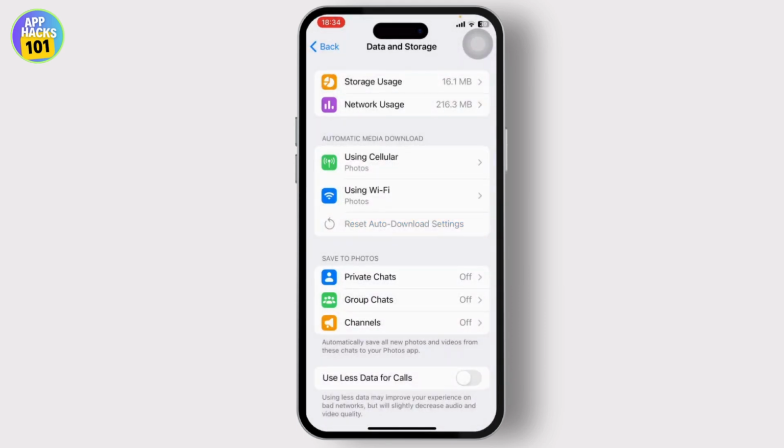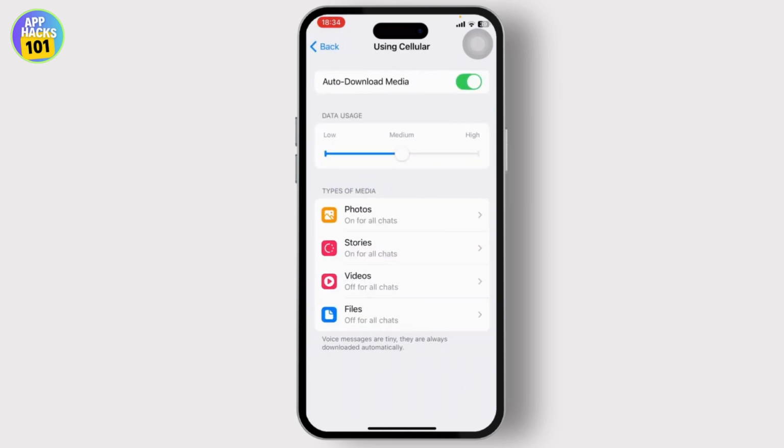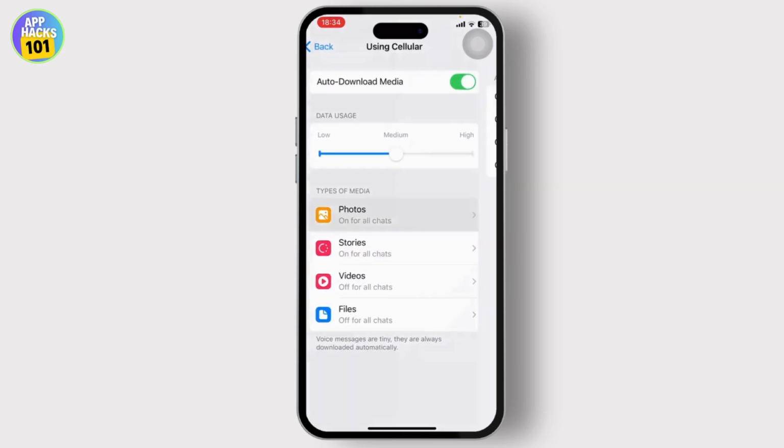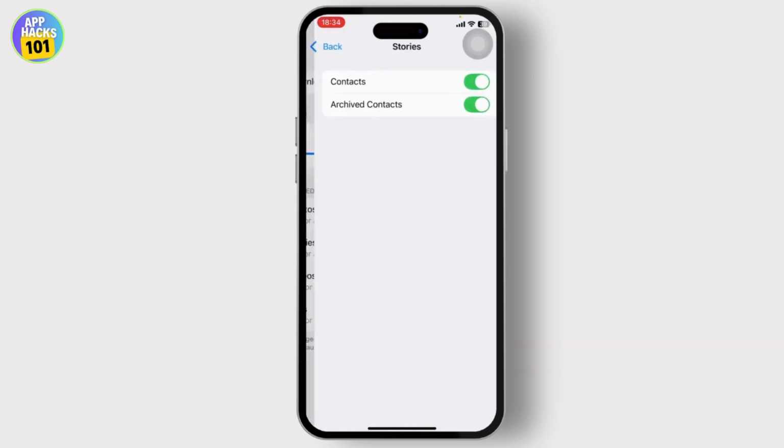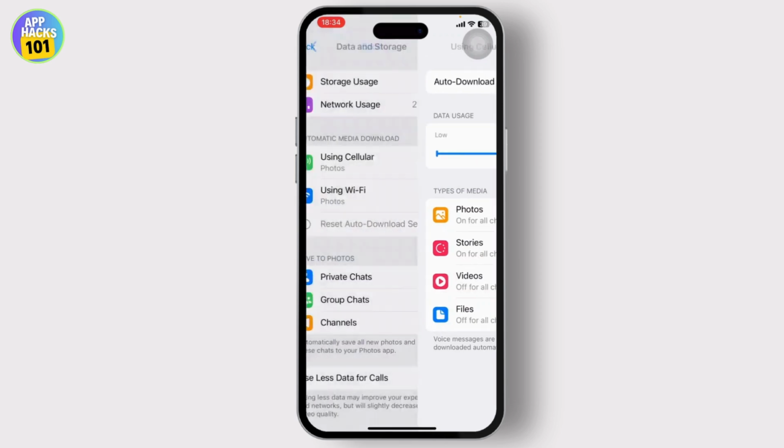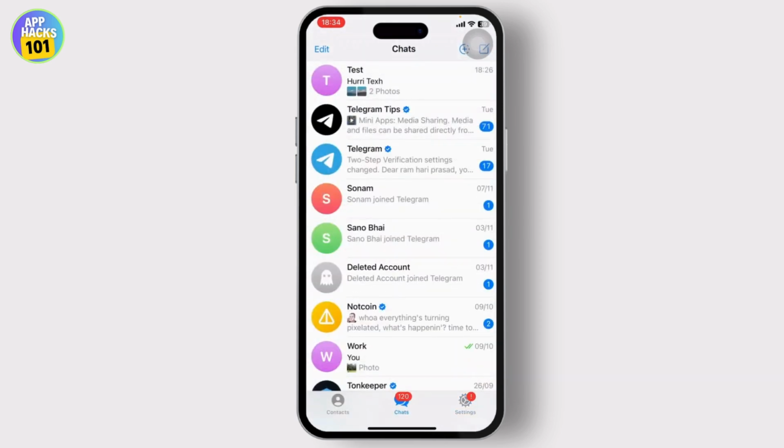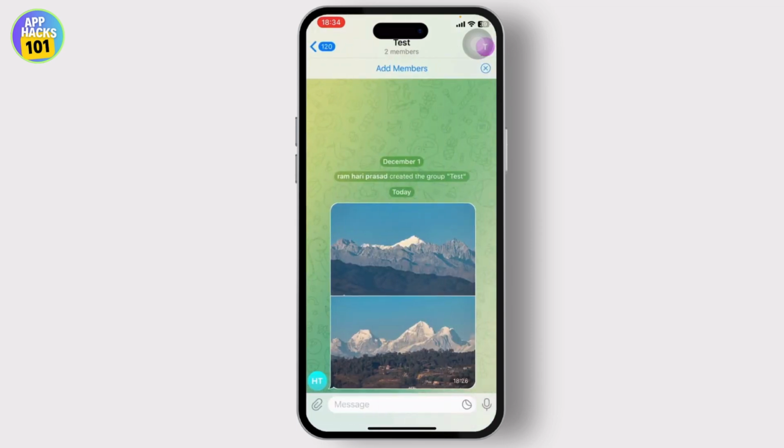After you do that, you can simply go through each one and make sure that you've toggled this all on and set it up to your liking. After you do that, you can head back to your chats. Now try to download your Telegram files and photos, videos. After you do that, if it still does not work, head over to the DM where you need to download